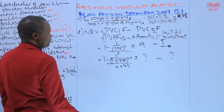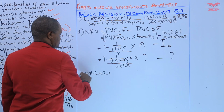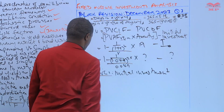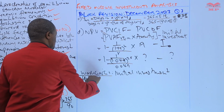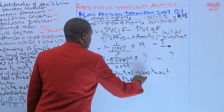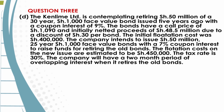So we're going to have workings. Let's first begin with the initial investment. Now, the initial investment will constitute, number one, the after-tax cost of call premium. We'll take the after-tax cost of premium, because we read that